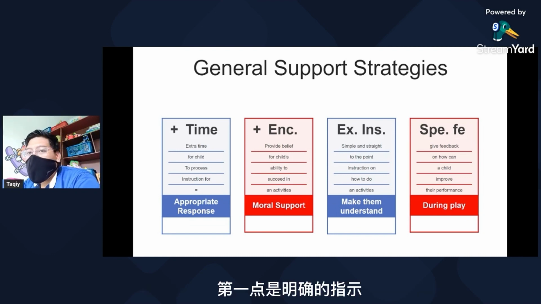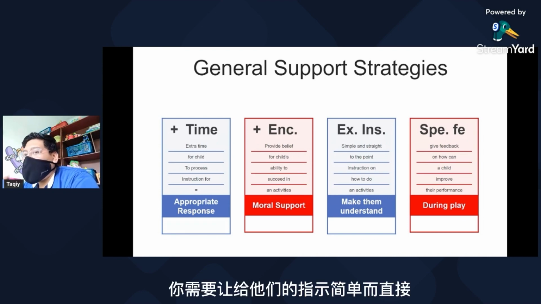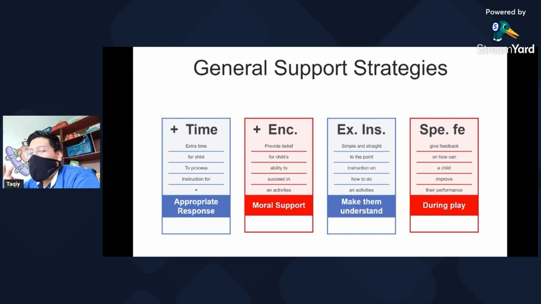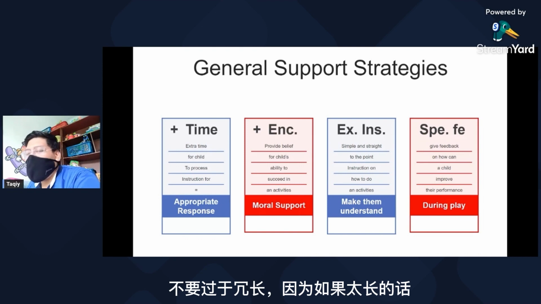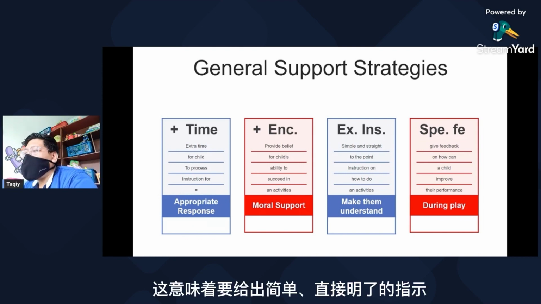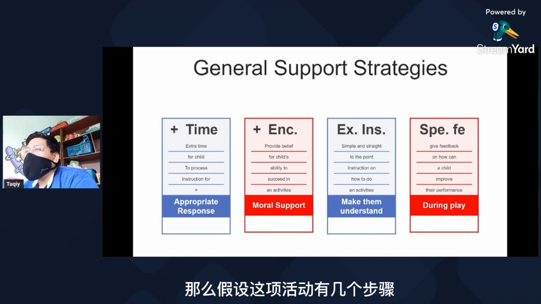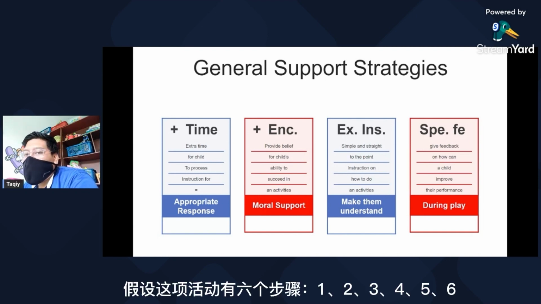So another one is explicit instruction. Explicit instruction means that you need to keep the instruction given to them simple and straight, not lengthy, because if it's lengthy, the child will not be able to understand. It is simple and straight-to-the-point instruction on how to do an activity. So let's say there are several steps to do the activity, say 1, 2, 3, 4, 5, 6 steps.